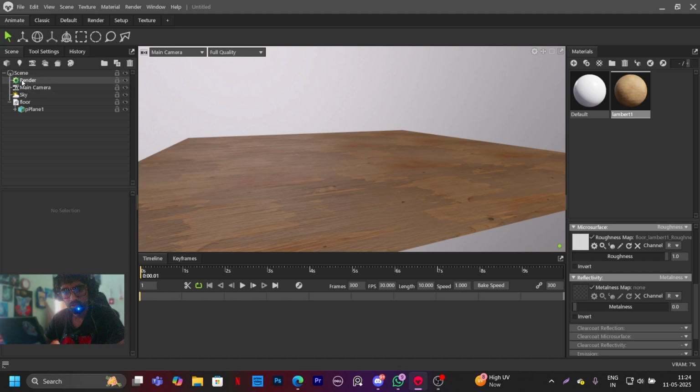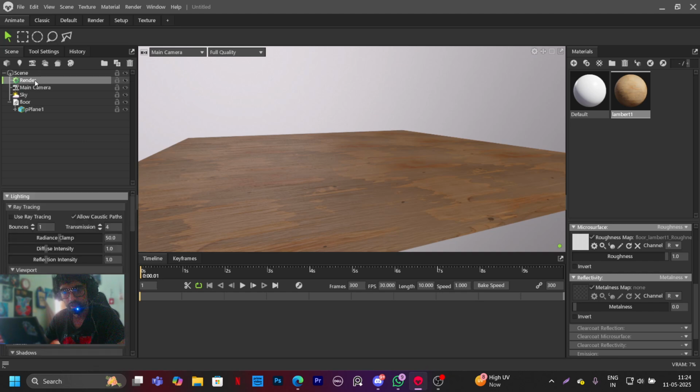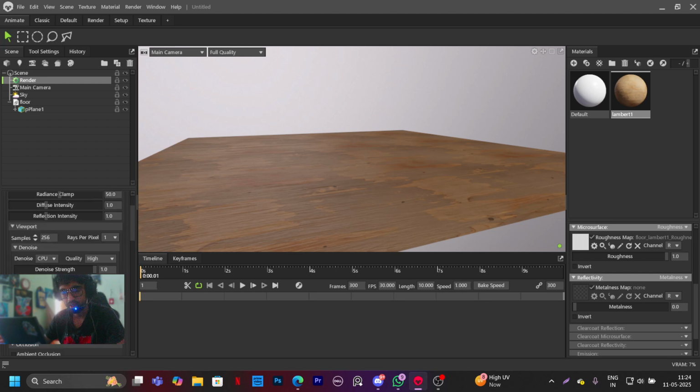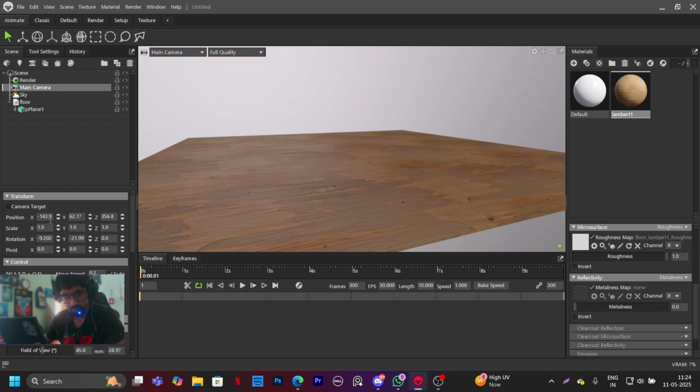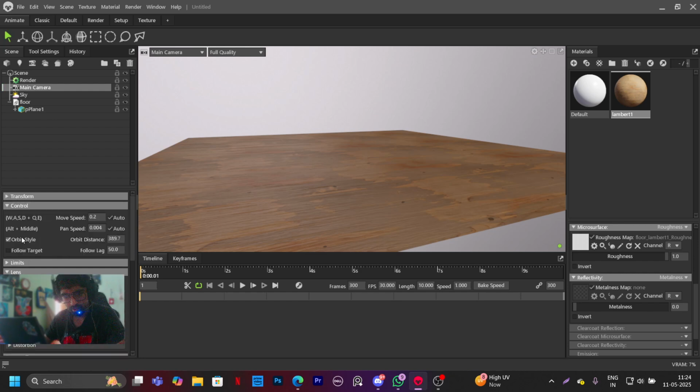Here you can see so many options like scene, render. You can do your render settings, whatever you like, but I keep it default because not many changes are necessary. If you go to main camera, you can see so many options. You can transform the camera, rotate, orbit style, pan speed, move speed. This is especially for animation. Lens, field of view, near plane, frame opacity, focus, depth, flare,